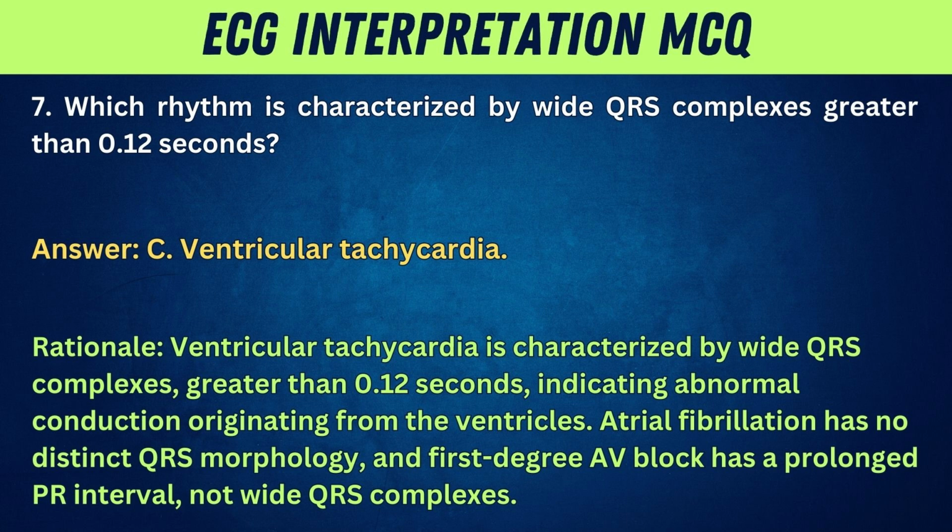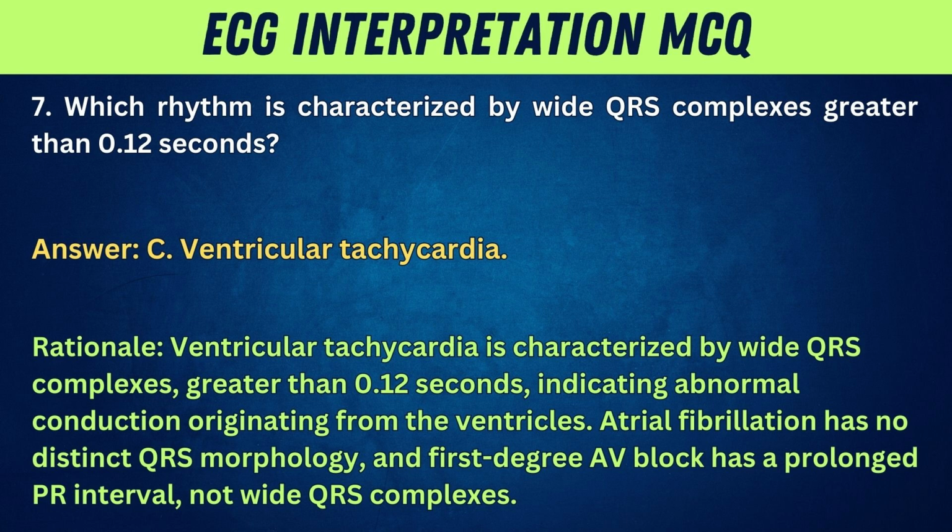Ventricular tachycardia. Rationale: ventricular tachycardia is characterized by wide QRS complexes greater than 0.12 seconds, indicating abnormal conduction originating from the ventricles. Atrial fibrillation has no distinct QRS morphology, and first-degree AV block has a prolonged PR interval, not wide